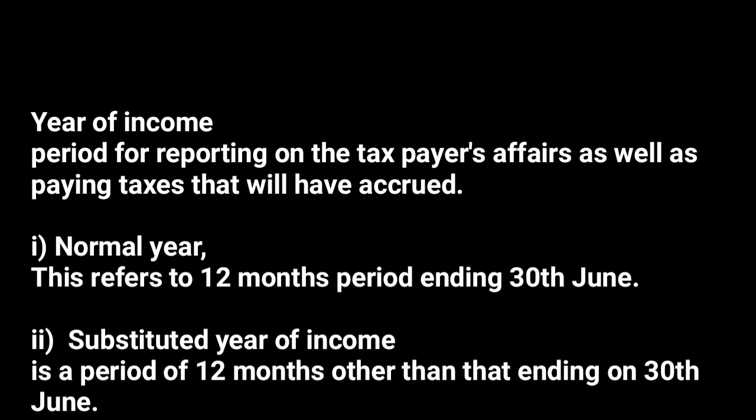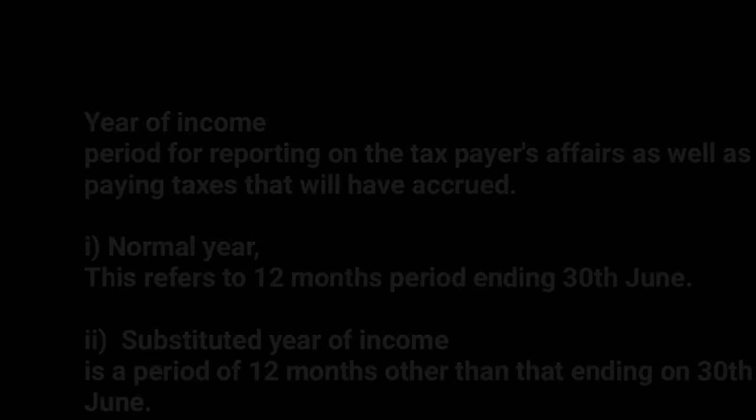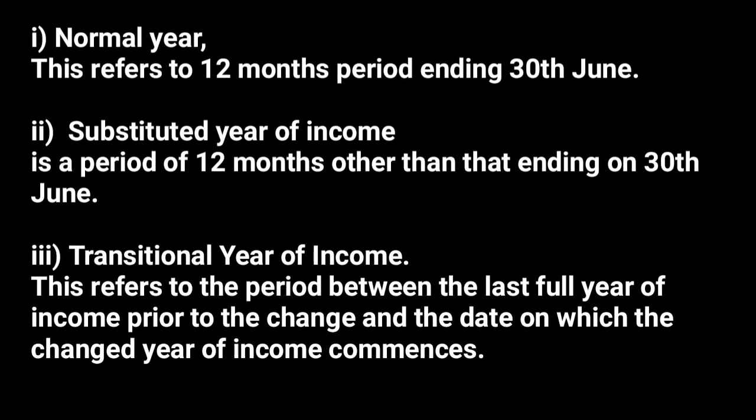It ends on 30th June, meaning that it starts on 1st July. Yeah, and that makes it 12 months. Then the second one is called the substituted year of income. Yes, substituted year of income, if you're not okay with a normal year of income that ends on 30th June